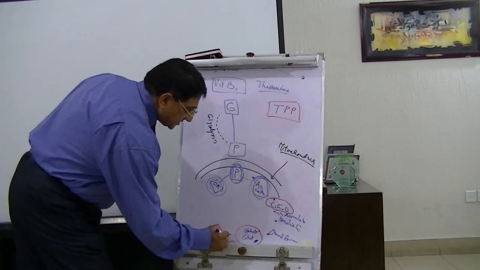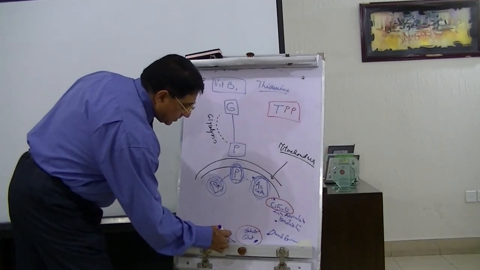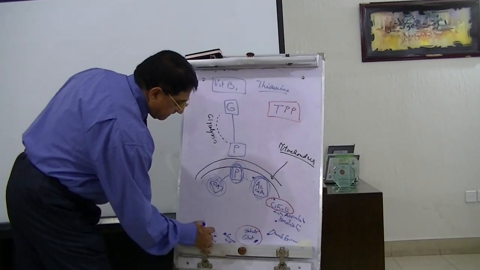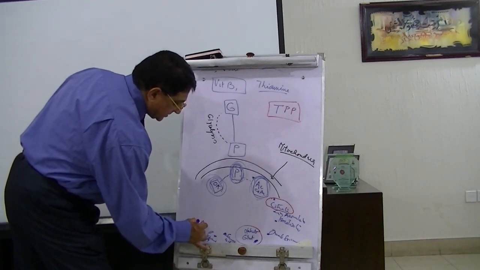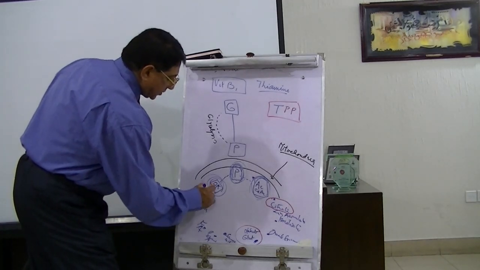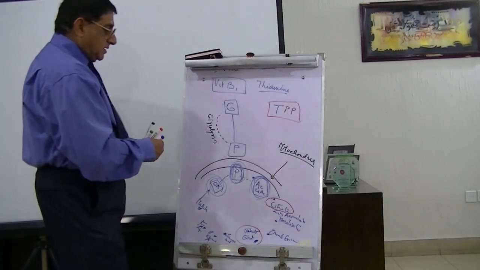Then succinyl CoA, then you've got succinic acid, then fumaric acid, then malate, and then you've got oxaloacetate. This is from